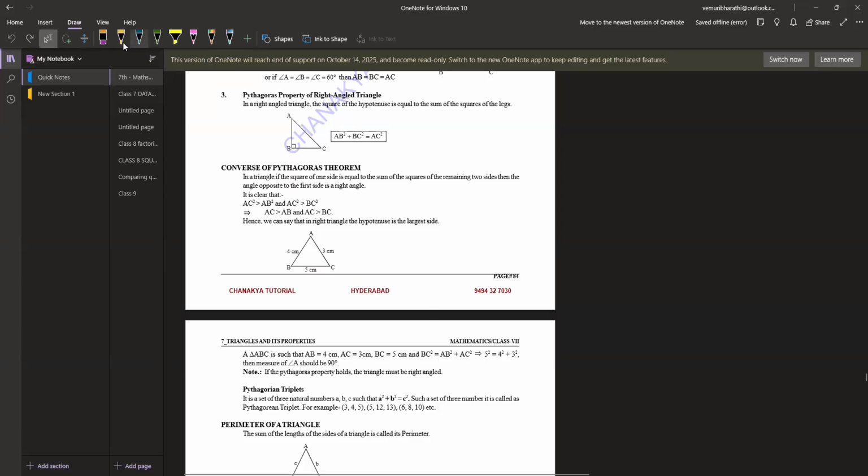Okay, you see, it's a right angle triangle. If you take a right angle triangle,